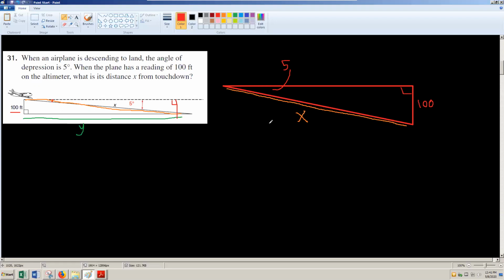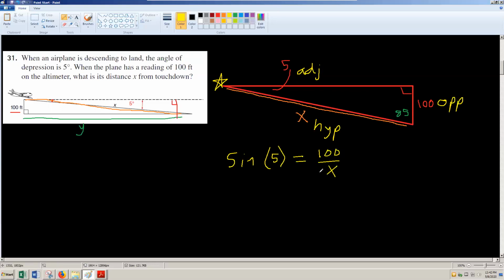So as I look at this thing, basically I'm going to set up either sine or cosine, right? If I tell you this is 5, we know that this is going to be 85. So if you want to do that, you can. But if I'm trying to find this side length here, and I'm going to start myself with a vantage point at this angle 5 here, this becomes my opposite. This becomes my hypotenuse. Here is my adjacent. So setting this one up here, I could use the fact that I have sine of 5 degrees equals 100 over x,